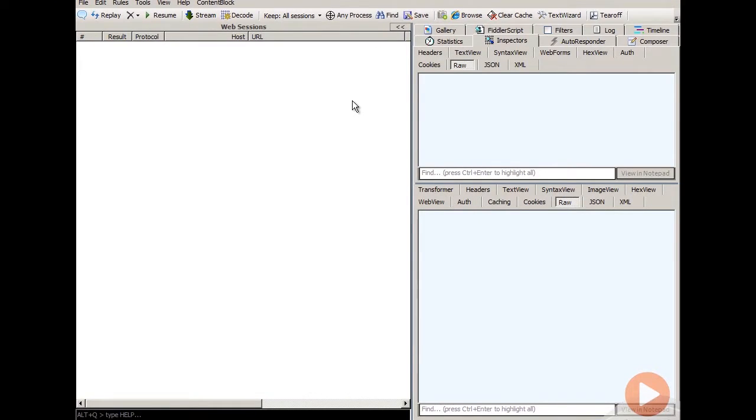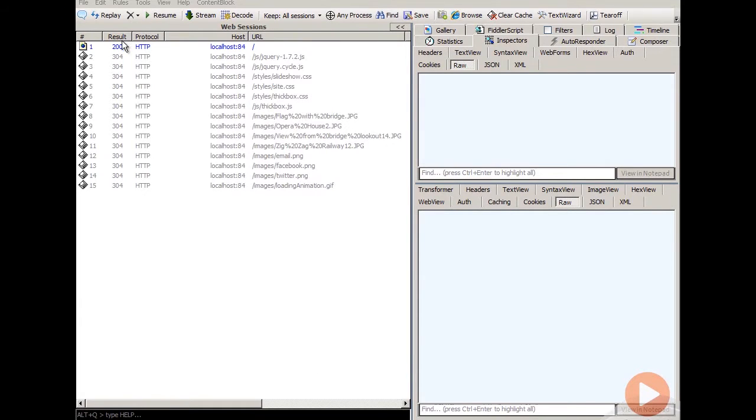So now we're going to go to the iPad device. So now I've gone to my iPad. I typed into Safari in the address bar 192.168.1.108, which is the IP address of my machine, along with :8888 to specify I want it to go to the port that Fiddler is listening on. So as I make a request to that,